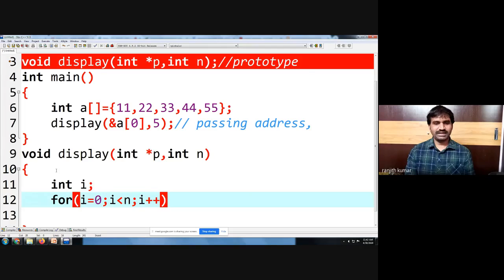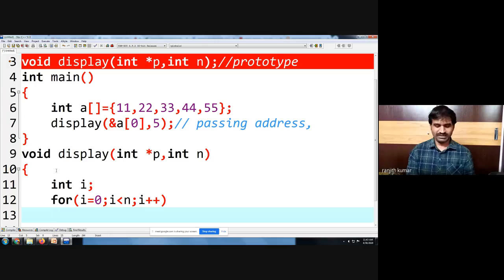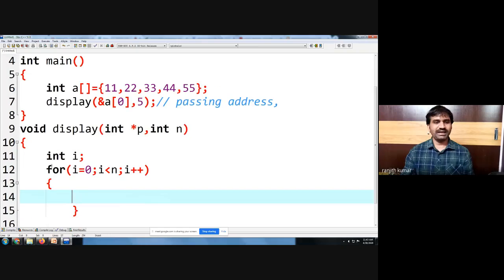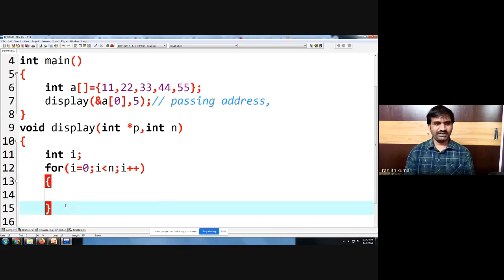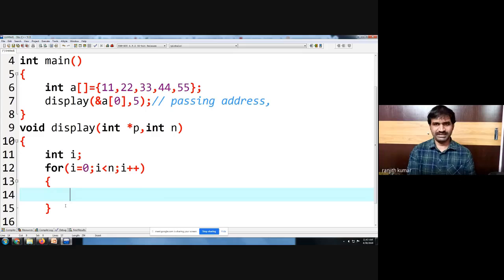Here we write how to display the array. So printf, backslash t, and %d, a of i, which will display the values of the array.